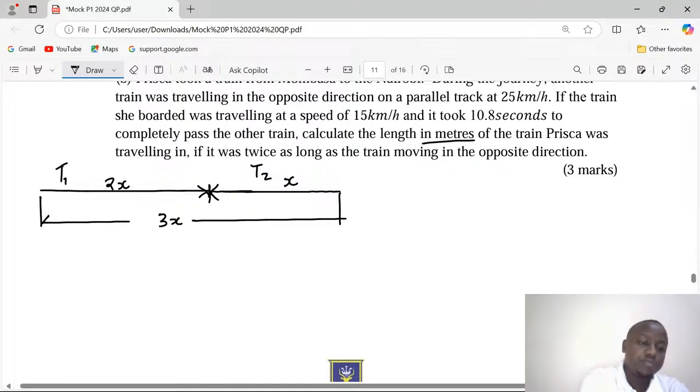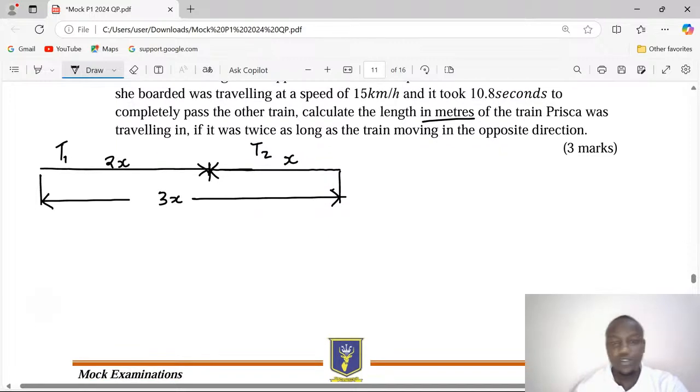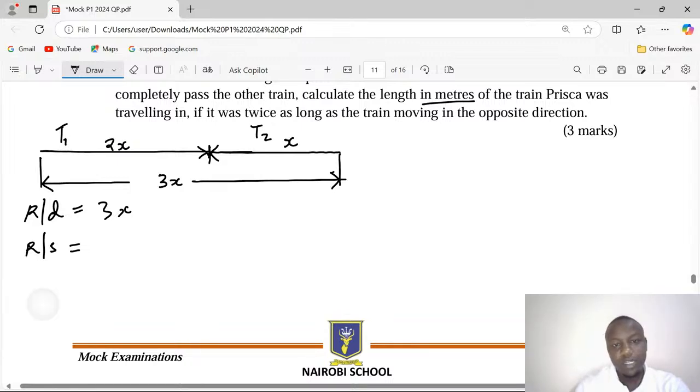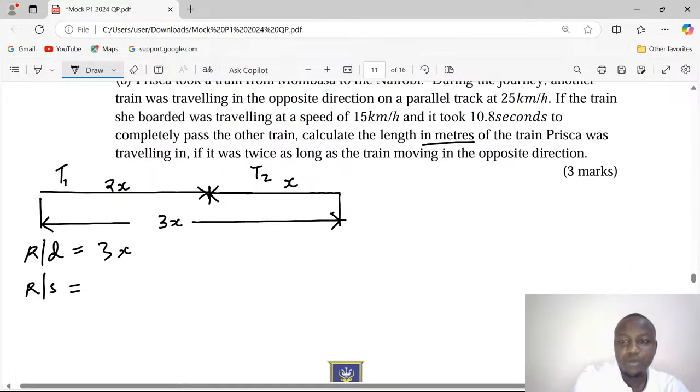The total distance between the two now is going to be 3x. Now, if that is the total distance, we should know that the relative distance is 3x. Relative speed will be given by, because they are going in opposite directions, now we add their speeds. We add the respective speeds of 25 and 15, giving us 40